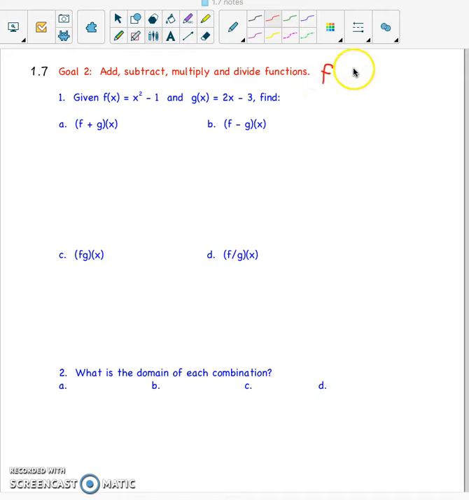This notation replaces the variable y. In example 1, we're given that f of x is equal to x squared minus 1, a quadratic function, and g of x equals 2x minus 3, a linear function. In A, we're asked to find f plus g of x. This notation may be a bit confusing to you. Remember, this is not f plus g times x, but function f